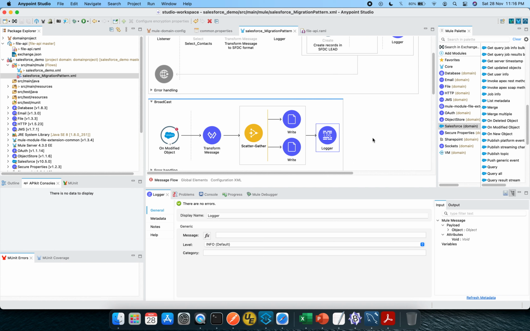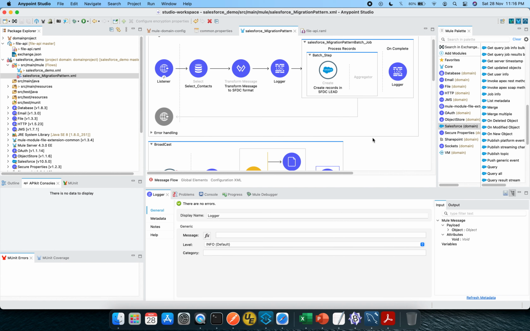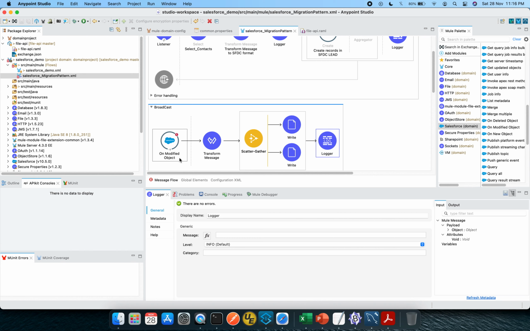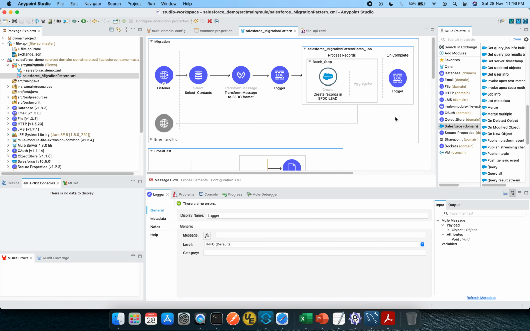So this is part of the two integration patterns we are covering. First is migration, and then the broadcast will automatically get triggered and will create two new files. Okay, so having said that, let's try to run this.